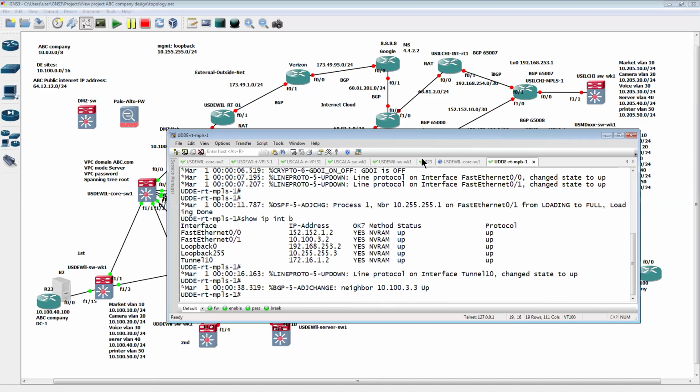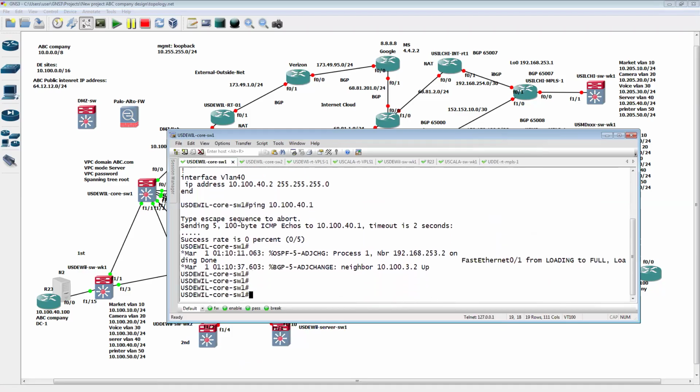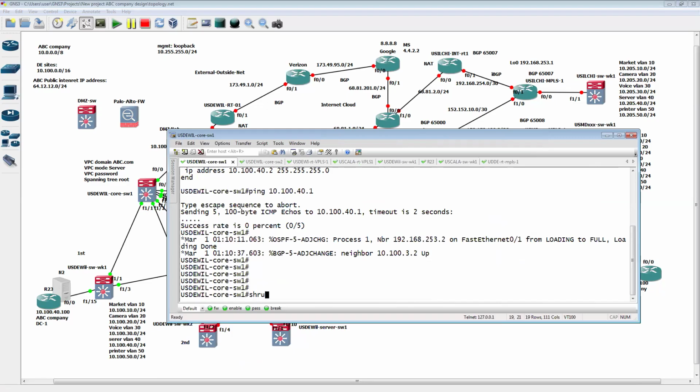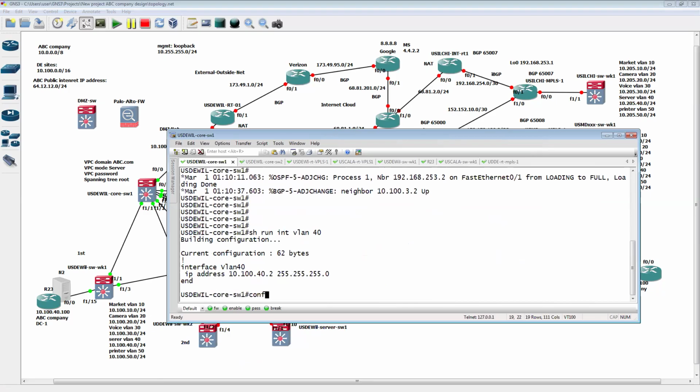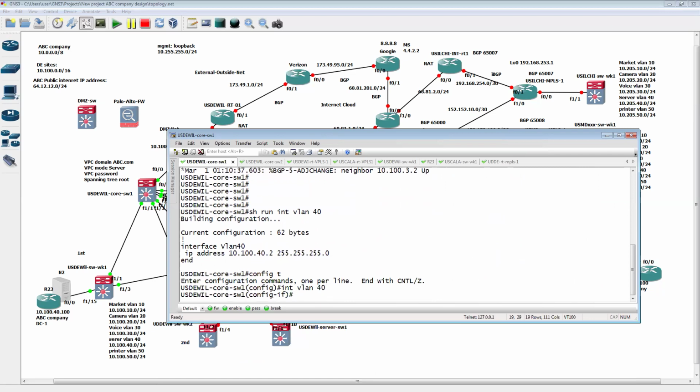Okay, let's do it in here then. Let's refresh. So we go back to here, so we move it to here. Make sure we correct this, core switch 1, core switch 2. All right, let's do it. Let's do it quick in here. Show run, first thing, interface VLAN 40. Okay, we have 40 in here. So config t in here. So we have to go in 40, right? So we have to use in the